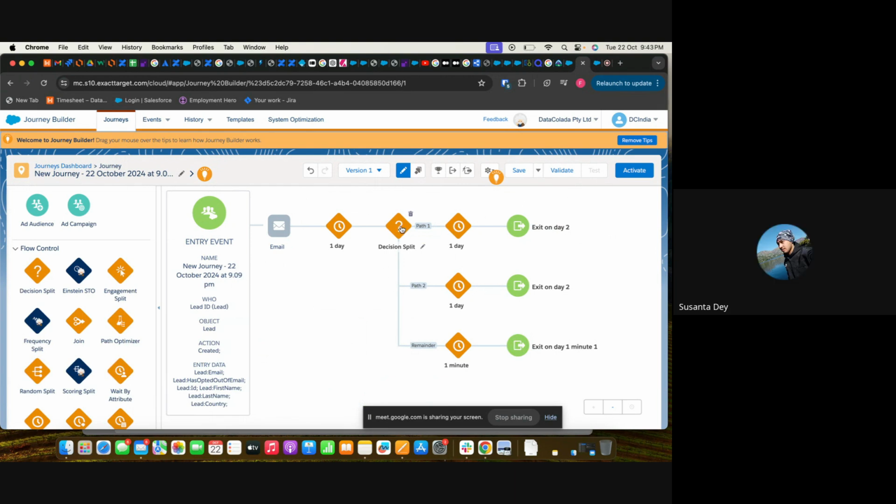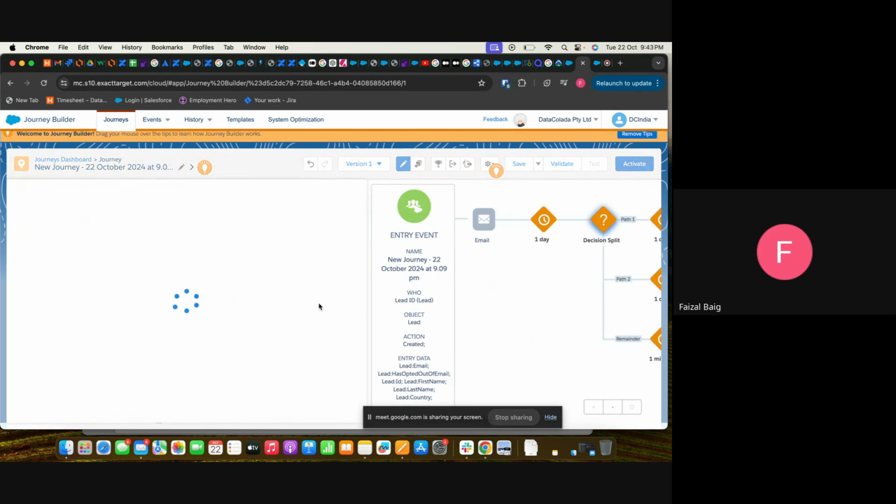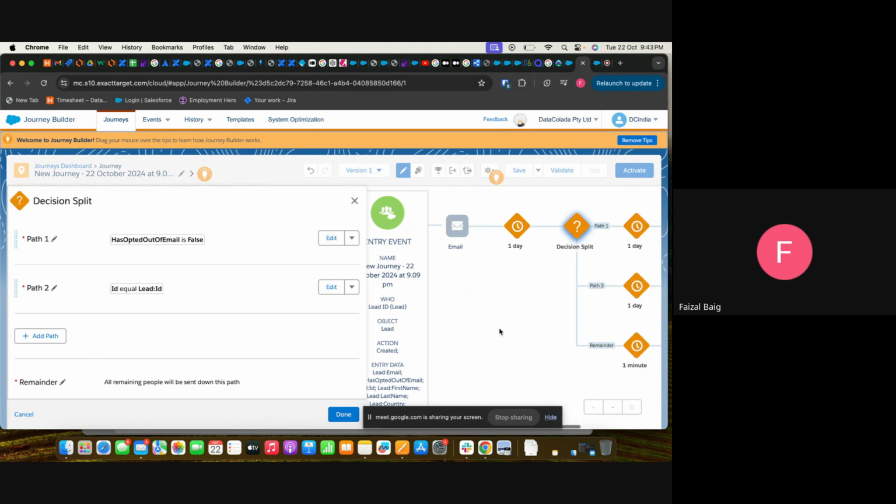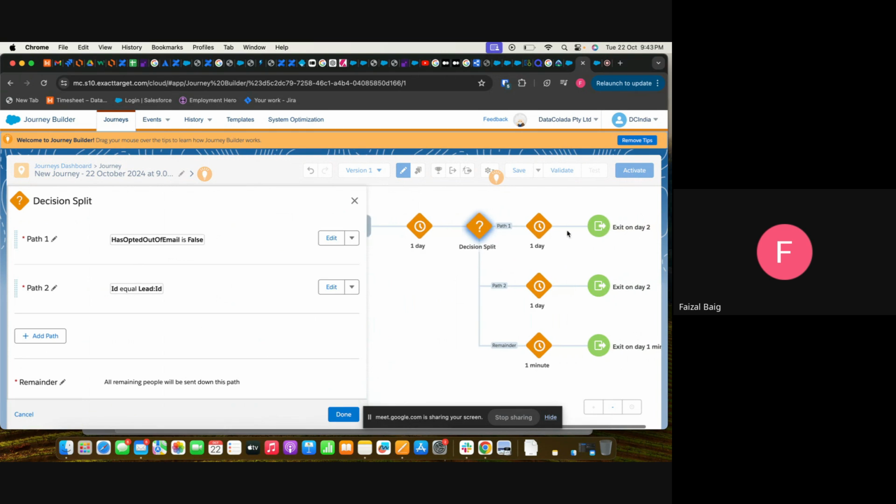Yeah. So in the decision part, path 1 has opted out equals false. It will appear here. Part 2, ID equals lead ID. So ID means lead ID only. Salesforce is returning the details as ID, so we can consider that as lead ID.